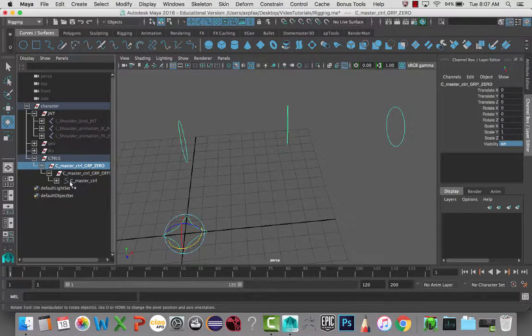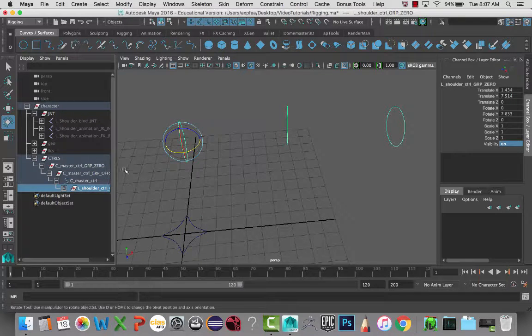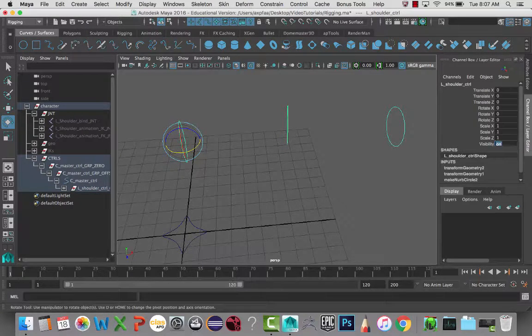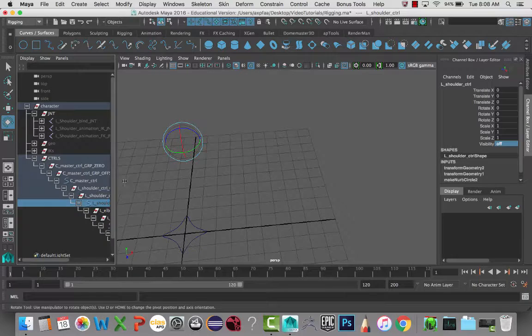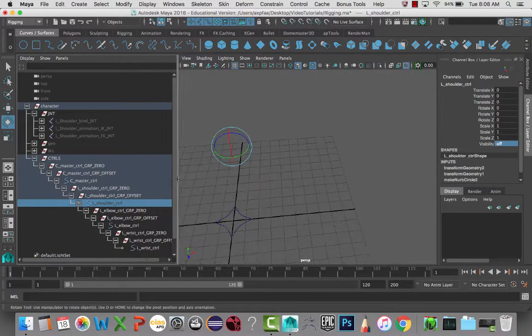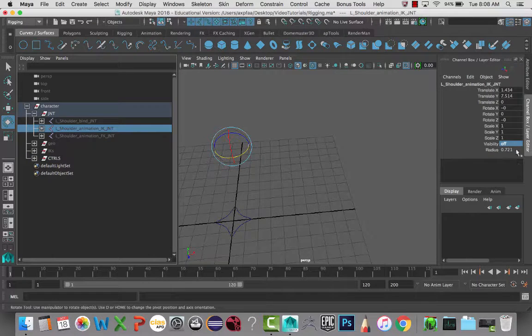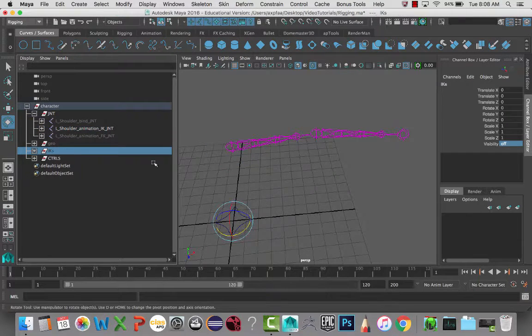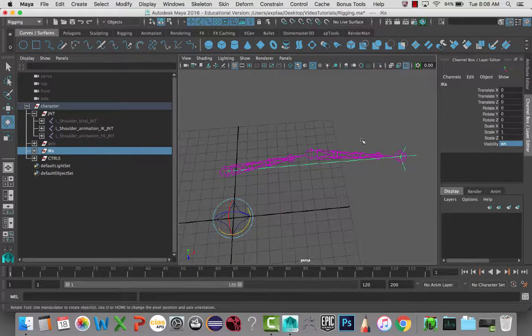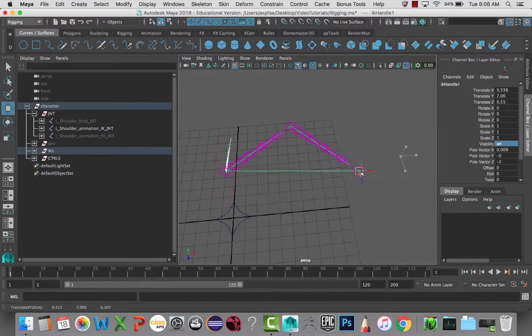Inside of here I'm just going to hide the 0. Actually, just to make it easier, I'm just going to select this control and put the visibility on for my shoulder control, which is there. And I'm going to turn the visibility on my IK and the visibility on the IK group. There we go. So here we basically want to create a control for the arm,